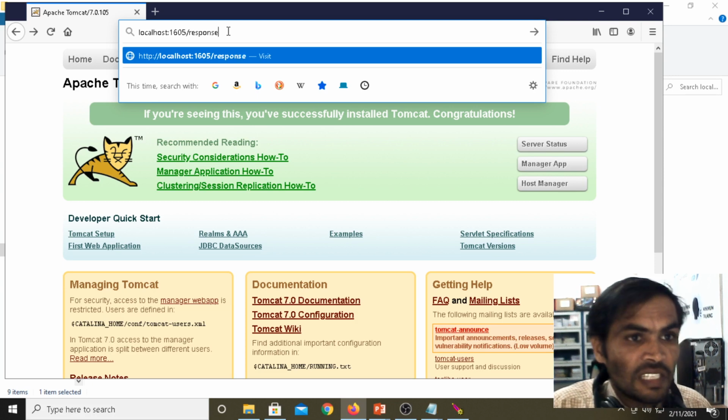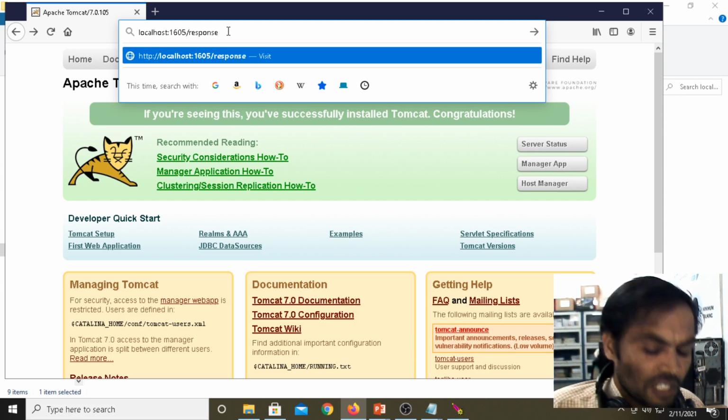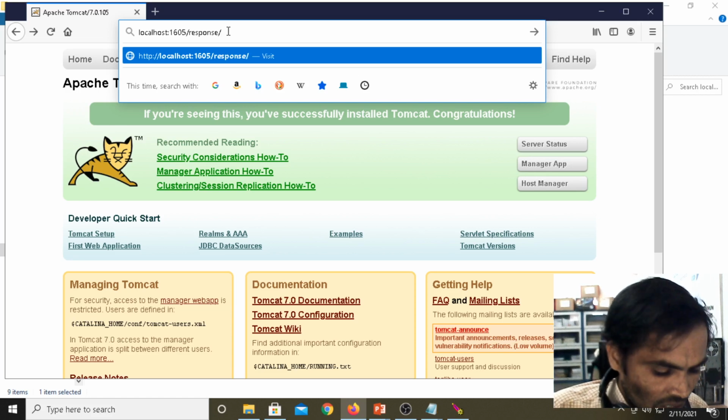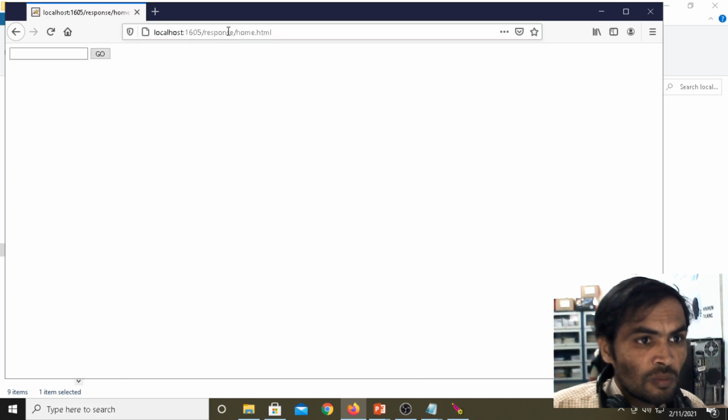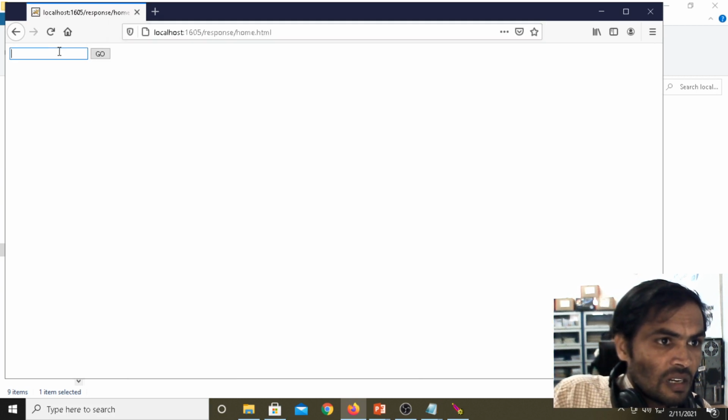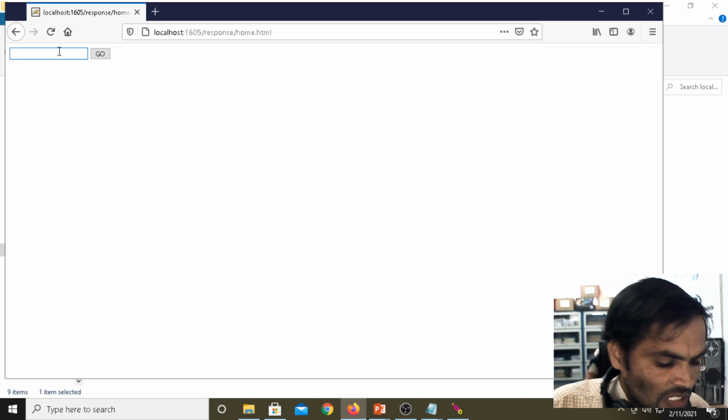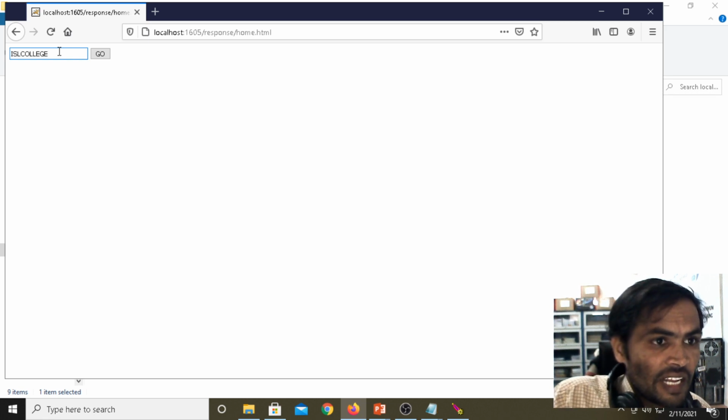Your folder name, response. Actually it is a request. I gave the folder name, any name you can give, response/home.html. Now actually here we have not given any name. Now I am giving ISL college.